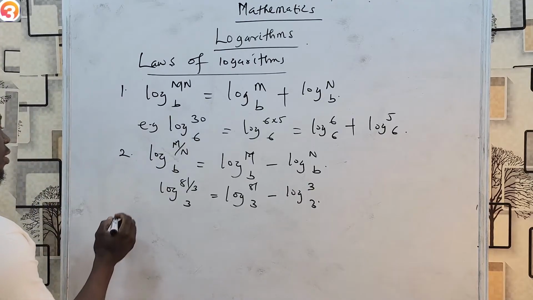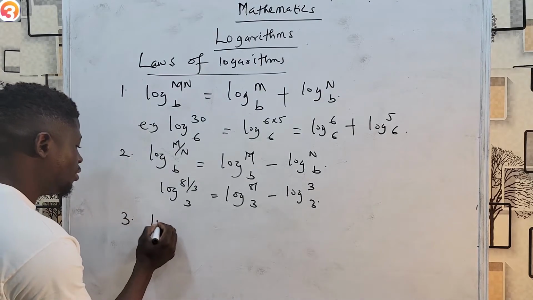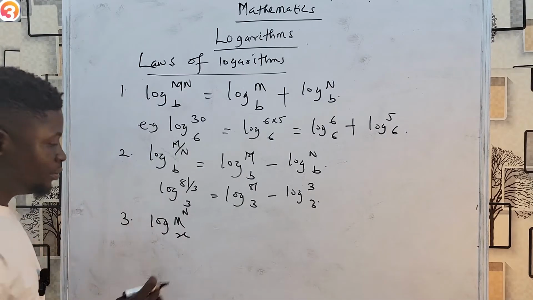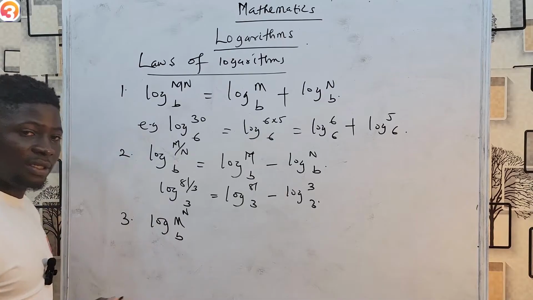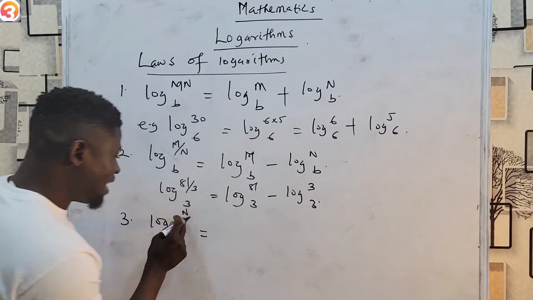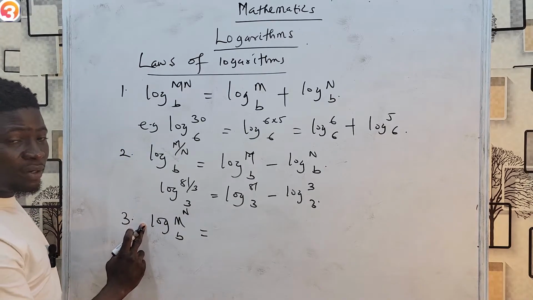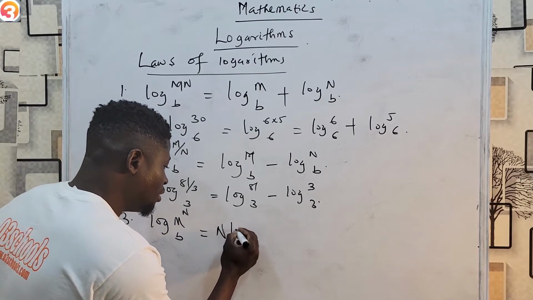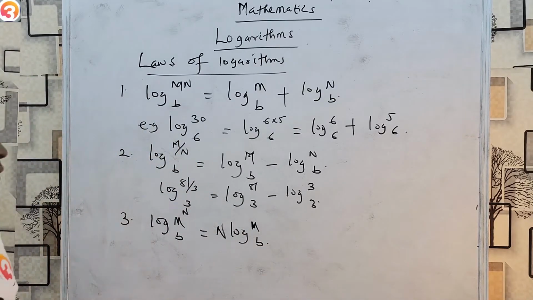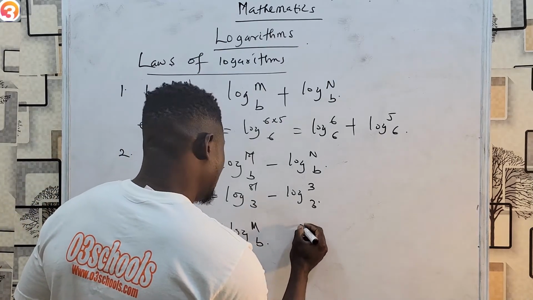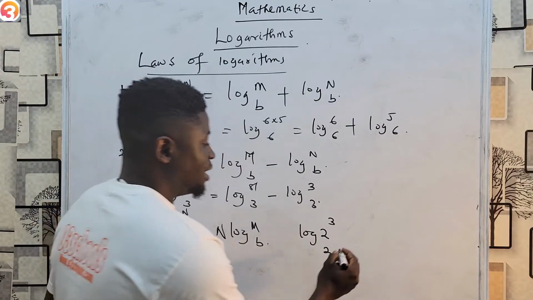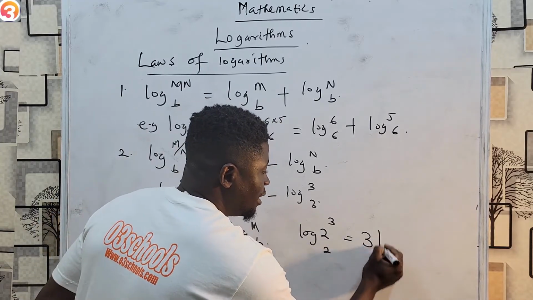Now, another law of logarithm is if you have log of m raised to power n base x, or let me use base b again, m raised to the power of n base b. So what you now have, this n comes to the back of this log. So I'm going to have n log m base b. Very, very simple. So for example, if you have something like log of 2 raised to power 3 base 2, the same thing as saying 3 log